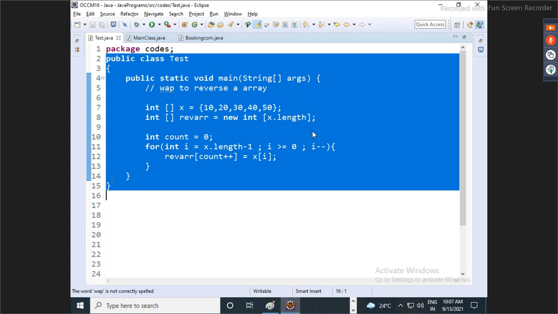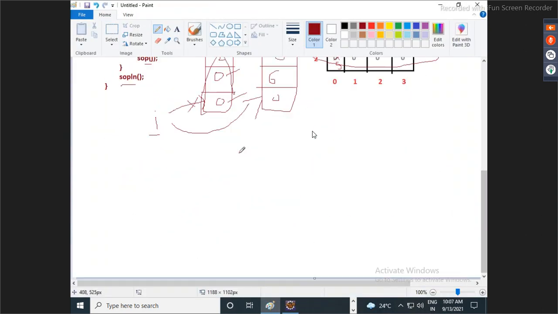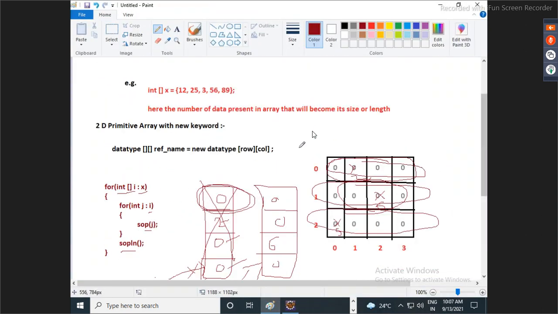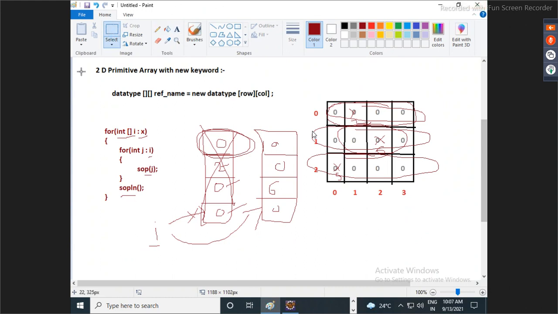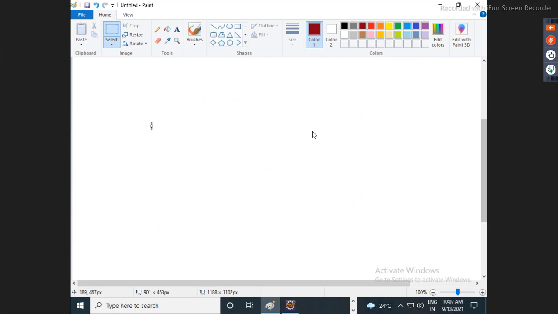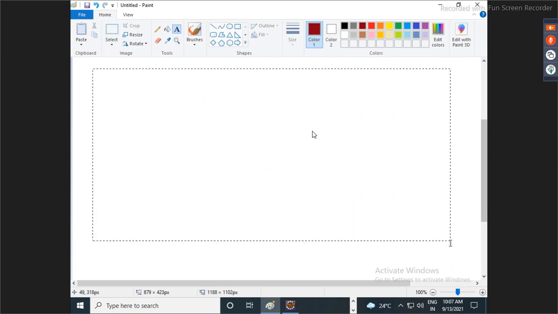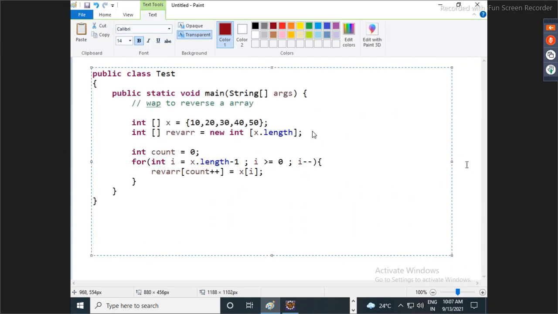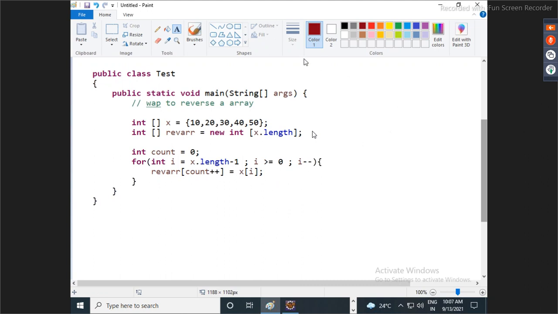So now guys, observe. Let me take this code to Paint. Now say here, what is the value of count? 0. What is the value of i? 4.